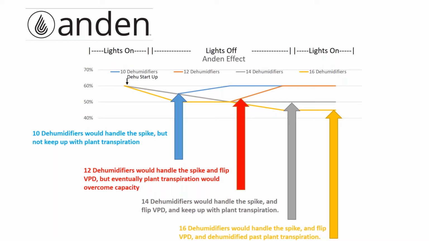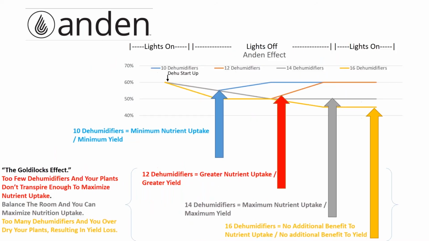And there is such a thing as too many dehumidifiers. If you added 16, so an additional 2, you're not going to get any benefit. Even though we can lower the humidity to a lower percentage, it wasn't providing any benefit to plant growth. So there is a calculation that can be done. Again, we're here to help you with that. Don't feel like you're there to do that on your own. We will walk you through the math. You'll have to provide us with information and we will help you get there.